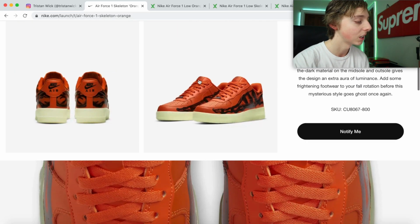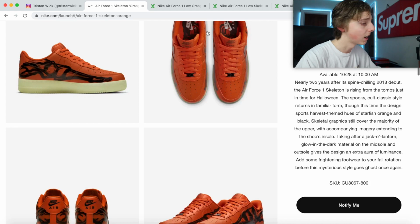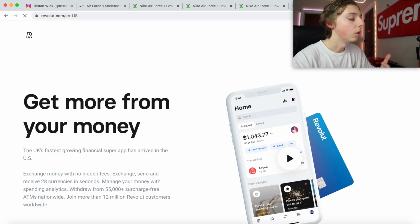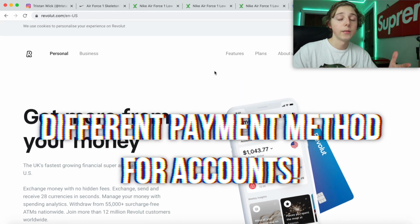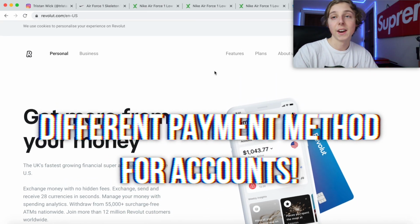So yeah, that's kind of the next step you're gonna have to do. And one other thing, I didn't have it popped up, but I'm gonna get it popped up right now. So if you're gonna need different payment methods, now obviously if you don't have family members with different credit cards, if they have different credit cards, then you're set, and you would just add a different credit card to each